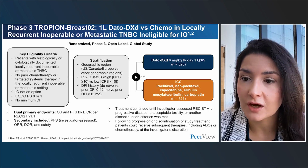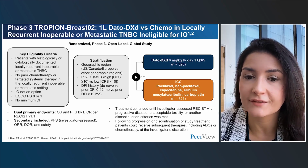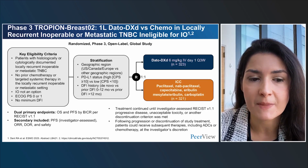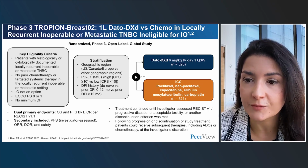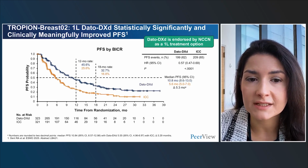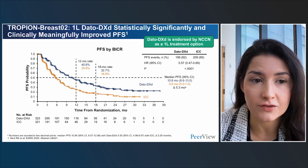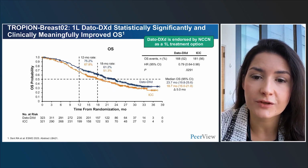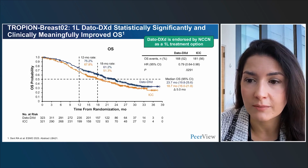Here, crossover was not allowed in the control arm at the time of progression. There are no randomized phase 3 data for Dato-DXd in the pretreated metastatic TNBC setting. This study was powered for 2 primary endpoints, overall survival and progression-free survival, and both of these endpoints were met, with a statistically significant improvement in median PFS with a hazard ratio of 0.57, as shown here, and also for median overall survival with a hazard ratio of 0.79 and reaching a median OS of almost 24 months with the